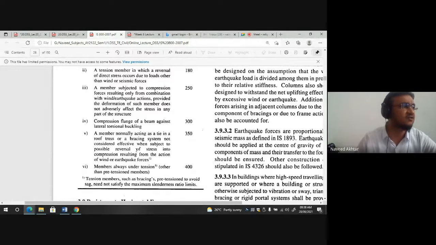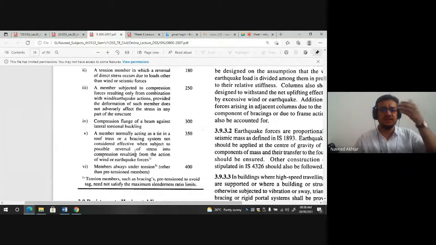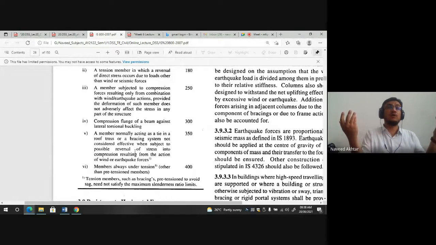Reversal effect: the reversal of stress occurs when there is no load or when the load is changing its position. In a truss girder of a bridge or a roof truss, when gravity load is dominant, the member is in compression, and when wind load is dominant, which is uplift, opposite to the gravity load, then what happens? The reversal effect is that the member in compression changes to tension.